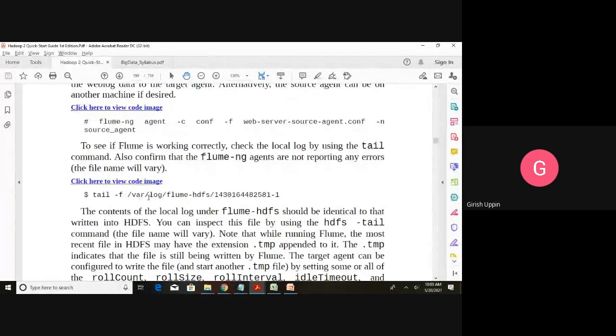The log files are continuously written by applications running on the web server. If you want to see the updates that are happening, you can say tail -f and give the name of the file. As and when the update happens, you will see those entries on the console.